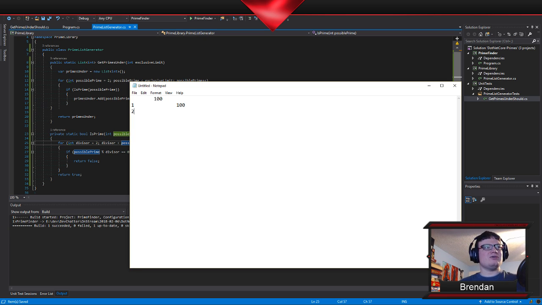When I divide by 2, I'm going to get 50. When I divide by 3, it's not going to work, but when I divide by 4, I'm going to get 25. When I divide by 5, I'm going to get 20. 6, 7, 8, 9, again, not going to work, but when I get to 10, I'm going to get back 10.